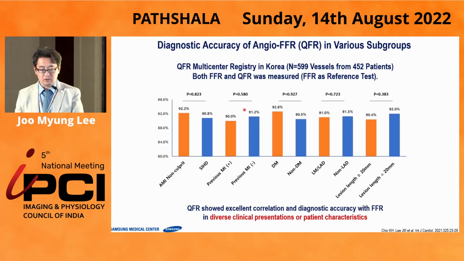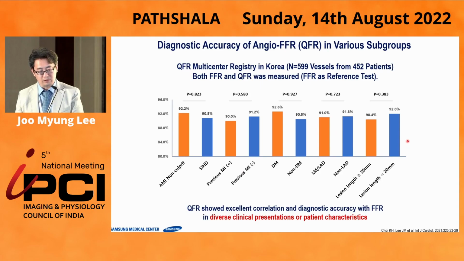So the Korean multicenter QFR registry evaluated 600 vessels. When we compare the diagnostic accuracy among the various clinical presentations, AMI non-culprit vessel showed no difference compared with the stable patient, and there was no difference in the accuracy according to previous myocardial infarction, diabetes, or target vessels,